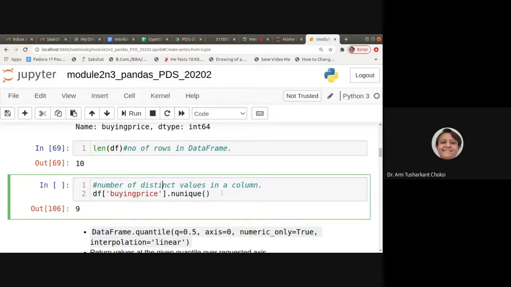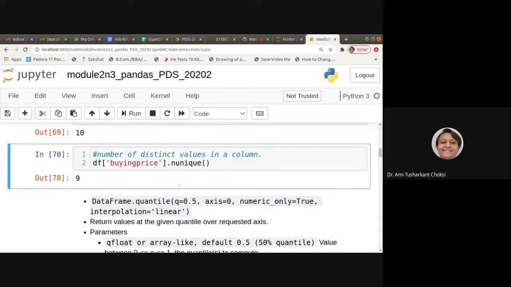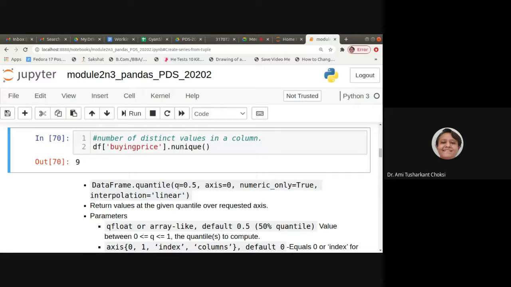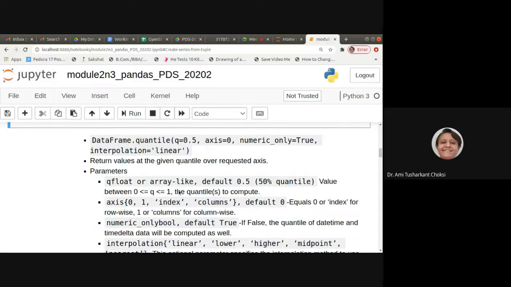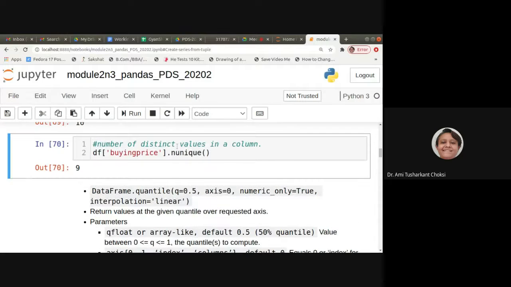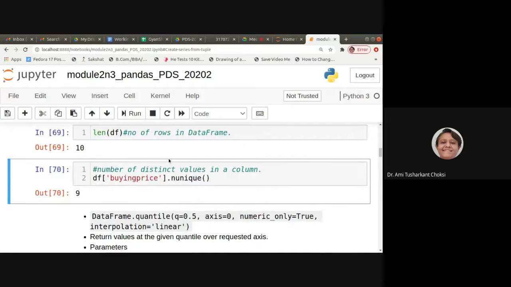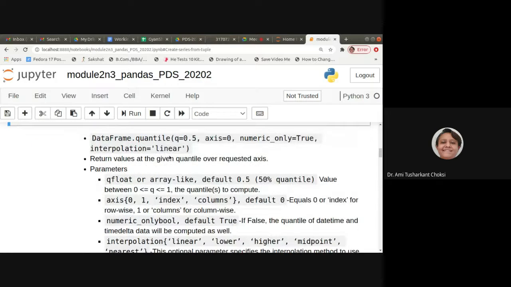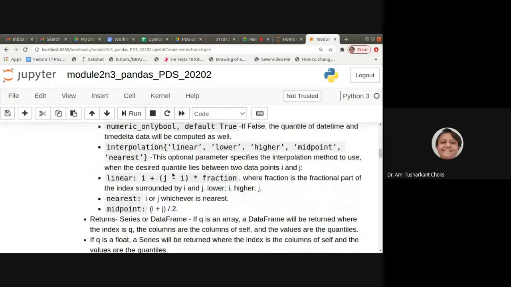Unique or distinct columns, that is this one, right? I have shown you because we are using this. In continuation of that, then we want to get the quantile, right? So for that, you can say this is 25 percentage or 50 percentage, or 75 percentage, right? So it is percentile, and that is the quantile also. It is 25 percentile data. That means it is that quantile, right? Okay, so let's see that.